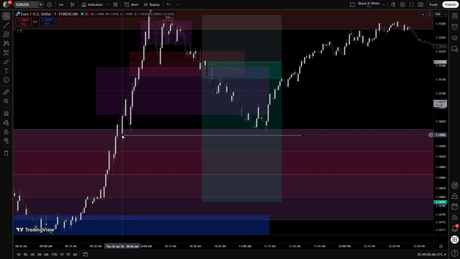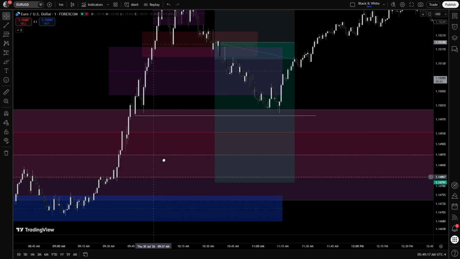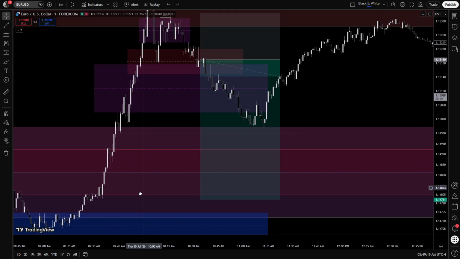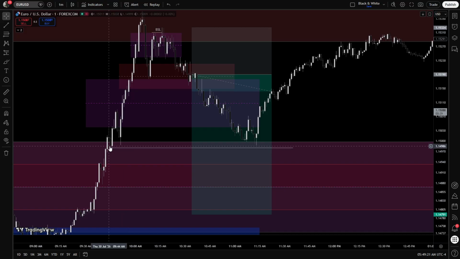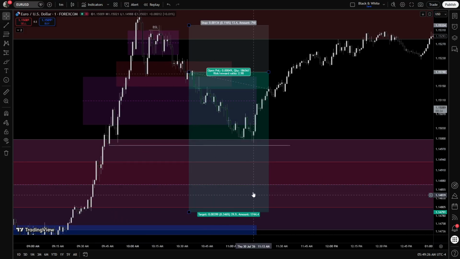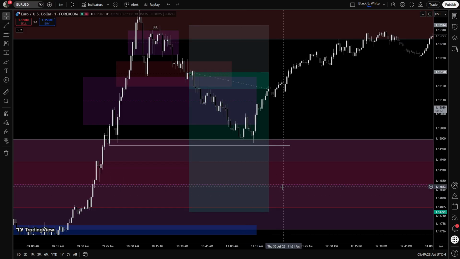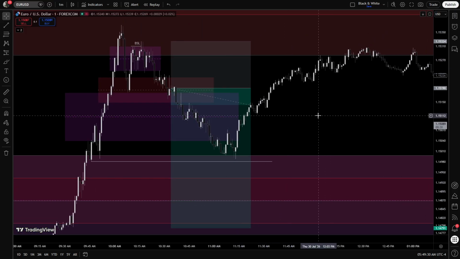But why I wanted to take the partial off over here is because this is a minor sell side liquidity. And the next thing is that this fair value gap is so significant that the market can be annoyed by it and push the price still higher before taking these lows and going lower. So that is why it is a very good idea to take partials off over here, because if the market started bouncing by respecting this fair value gap to the upside, that'd be really bad.